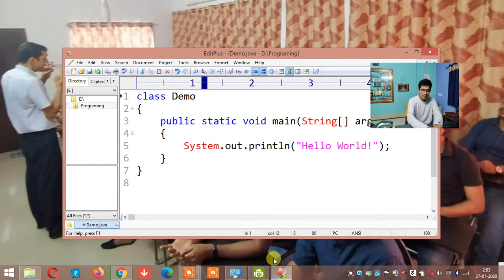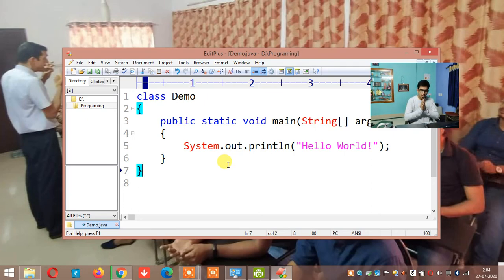I will try to compile. How do you compile? To compile here, you have to press Control 1. So I will try to press Control 1. But nothing is happening here, right? Control 1, Control 2, nothing is happening. Yes, I have to assign. This is the small last part which I have to do. I have to assign what Control 1 is supposed to do.